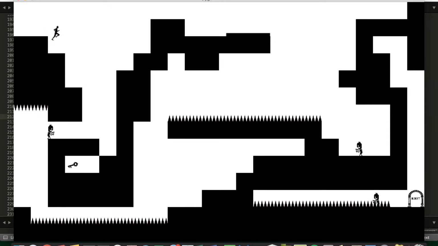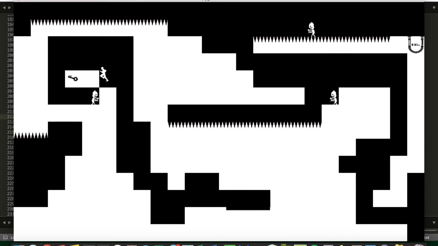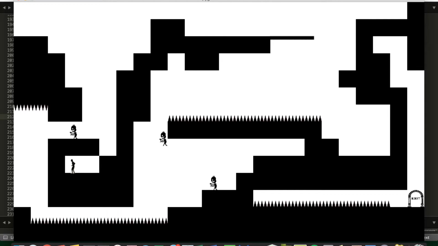So as I mentioned before, you move the sprite with the arrow keys, sideways, jumping, etc. And I just pressed shift, which basically I wrote an algorithm that inverts the layout of the screen. So black becomes white, the player becomes white. You can now move around inside what used to be the ground of the level. And you need to do this in order to access areas of the level, for example, where the key is